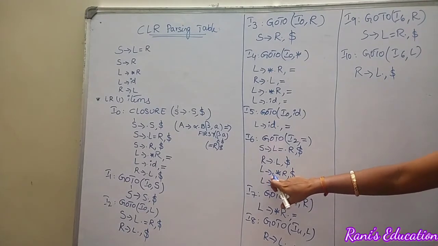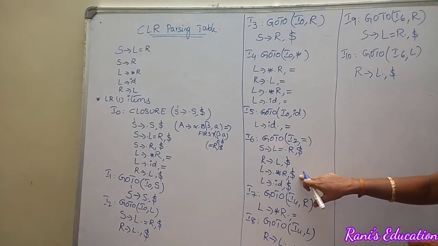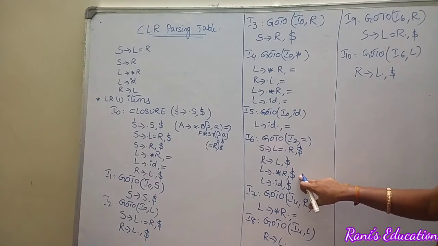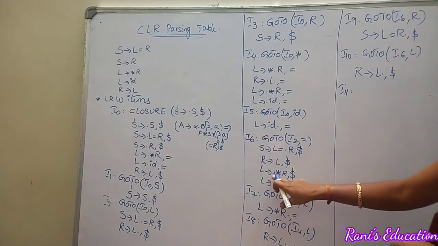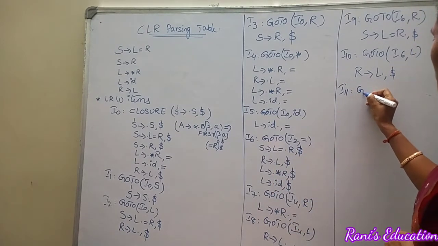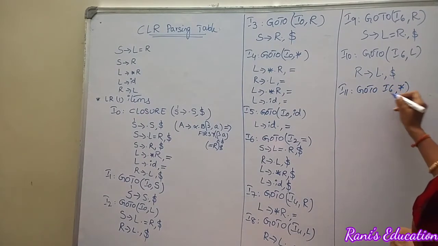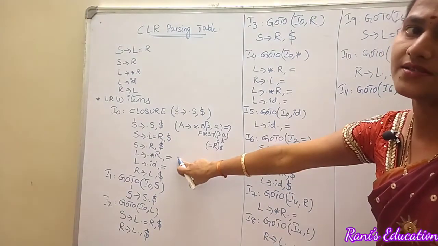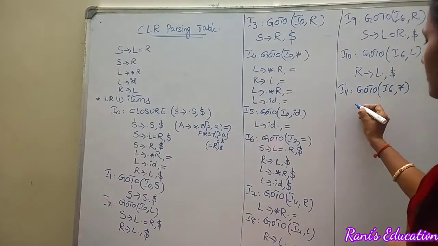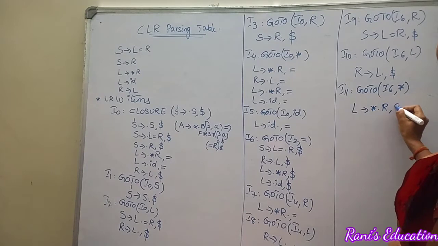Right? Now move on to this production. So whose look ahead is dollar? Did we complete this production with respect to the look ahead dollar? No, we didn't complete that yet. So we are going to create one more item for this production. So that is go to of I6 comma asterisk. Here look ahead is dollar. What about in the initial we got the look ahead is equal. Okay. Now the production becomes like this. Star dot R look ahead is dollar.